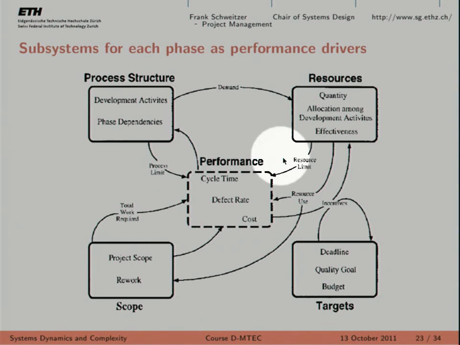Each of these subsystems affects the performance in a direct way, but also the different subsystems affect each other. For instance, the work that needs to be done in that phase generates demand for resources. Right? This is how you affect the resources. If you need to design, let's say, a DRAM memory, the resources you need are a lot less than if you need to design a latest generation GPU, for instance. So the different subsystems affect each other, and that's the most important thing.